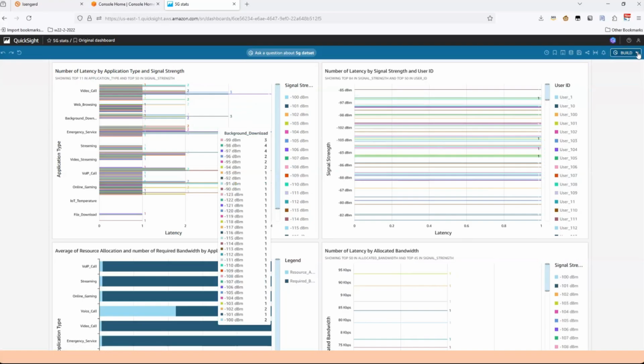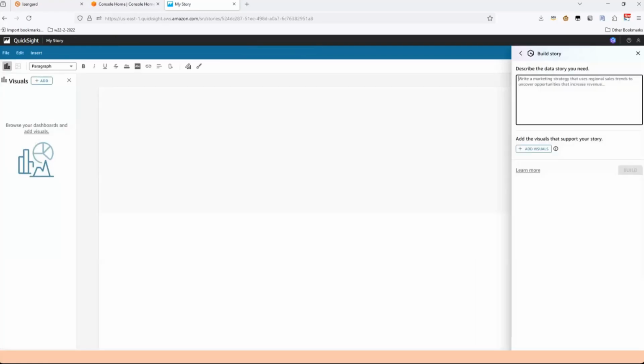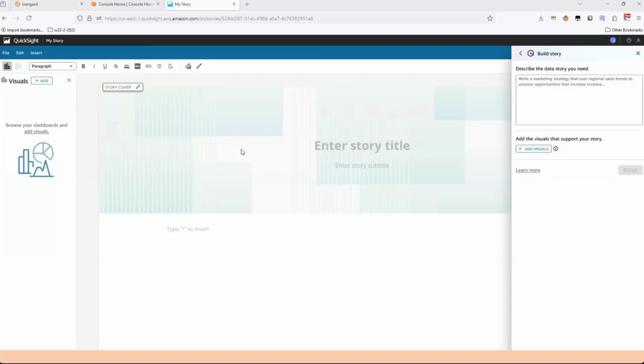That being said, the last feature that I want to use here is data storytelling. So I'm going to build a data story. Let's say I want to write a data story report about the aspects of the 5G resource calculation that we saw earlier, so as to improve the quality of service and innovate on that. And this is going to be based on the visuals that